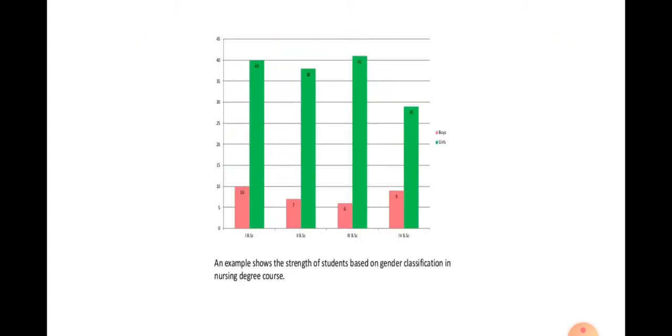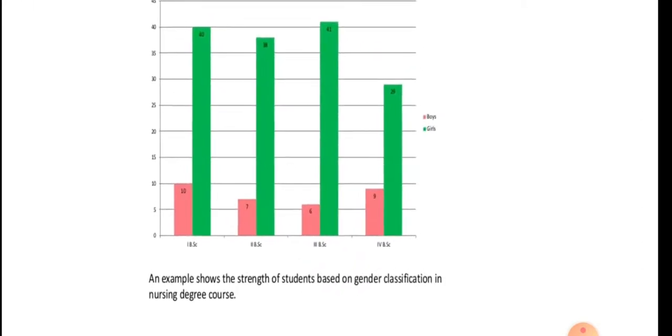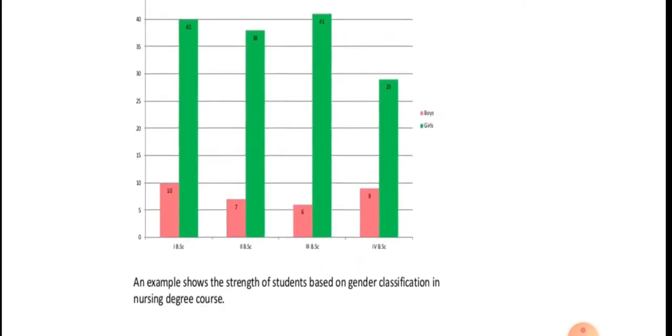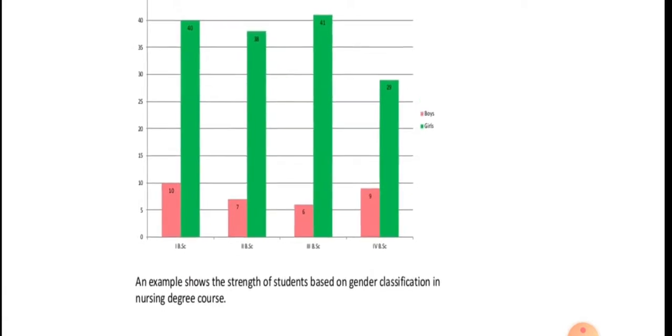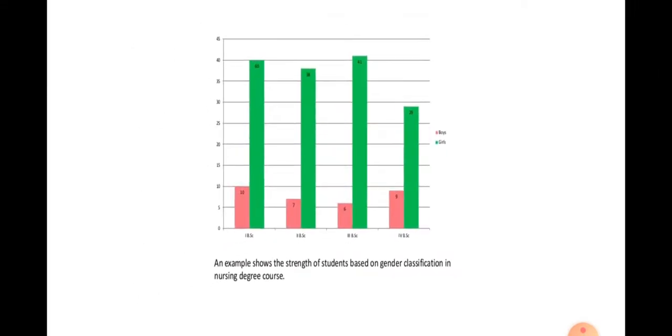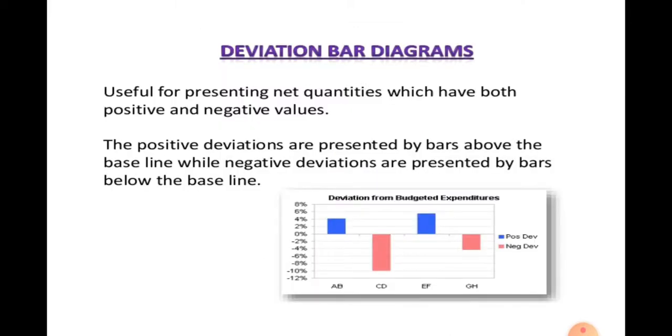Then one more example is there, an example that shows the strength of students based on gender classification in nursing degree courses. This is boys and girls. Then deviation bar diagram, useful for presenting net quantities which have both positive and negative values. The positive deviations are presented by the bars above the baseline, while negative deviations are presented by bars below the